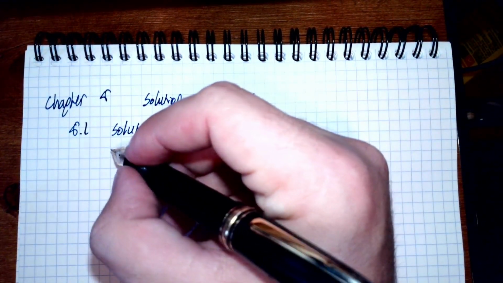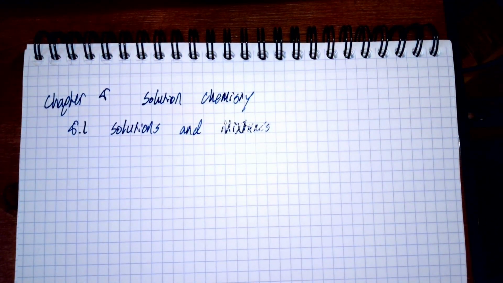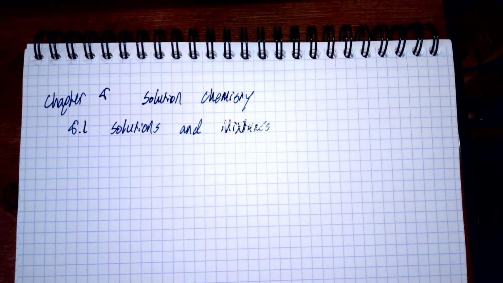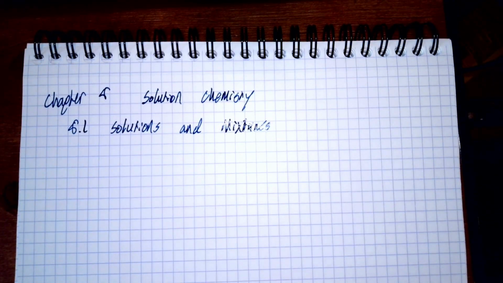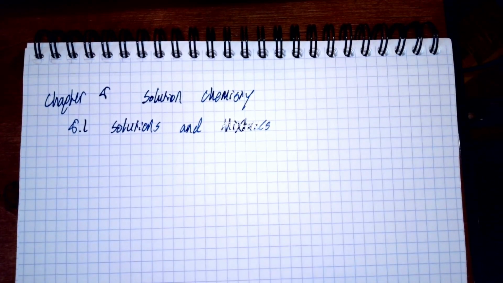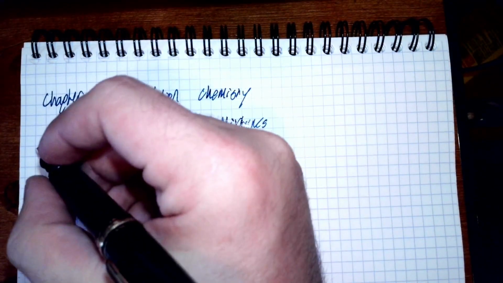In a solution, we have this intimate chemical connection between the two or more components of the solution. I'm going to define what those terms are called here in a second, but that's fundamentally what the difference is: the interactions in a solution happen more on the molecular or the atomic level, on the particle level. That's where the intermolecular forces we were talking about come into play. I realize that's a little bit abstract. That's kind of the best that we can cover in this class, but just to introduce